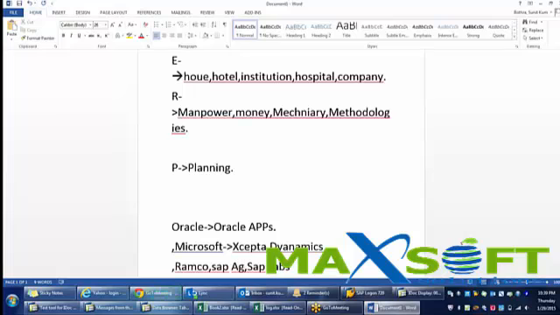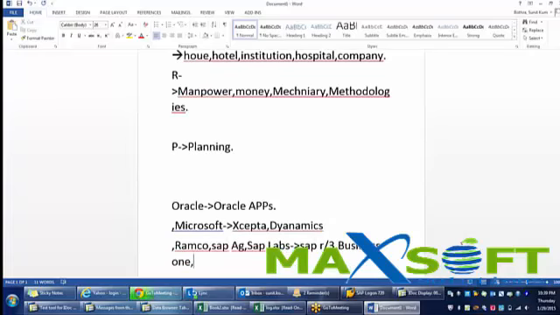Similarly, SAP AG or SAP Labs has given more than 300 types of ERP software right now. And the major one, which is actually booming, is ECC. This is the software, commonly known as SAP R/3. Apart from that, they have Business One, Business ByDesign, and there are many other categories.